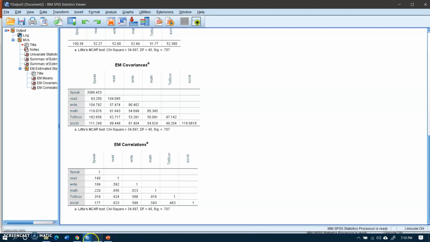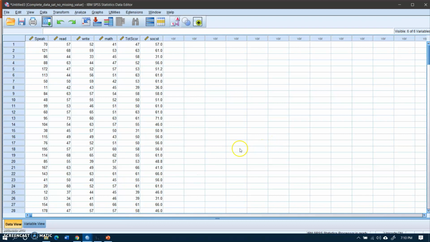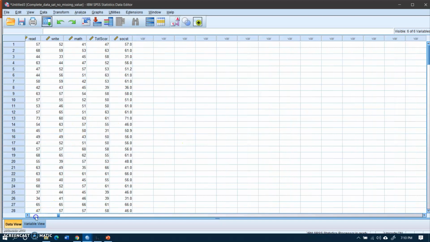Now let me check the data set. This is the data set that has the complete data, which has no missing values.